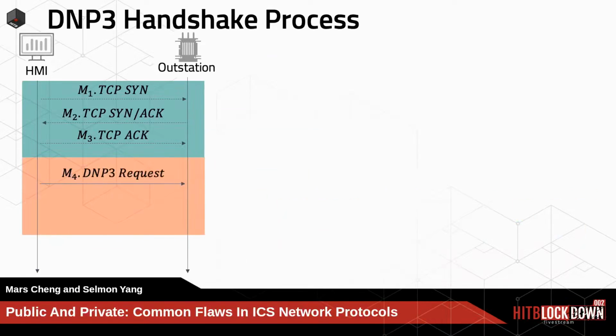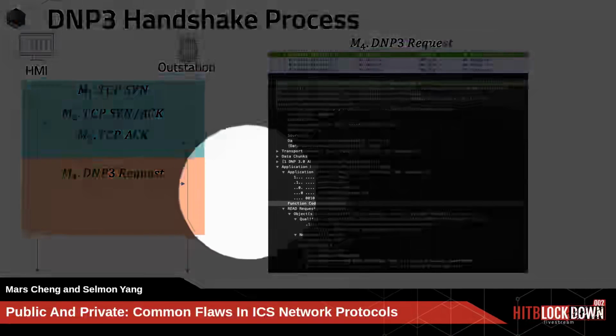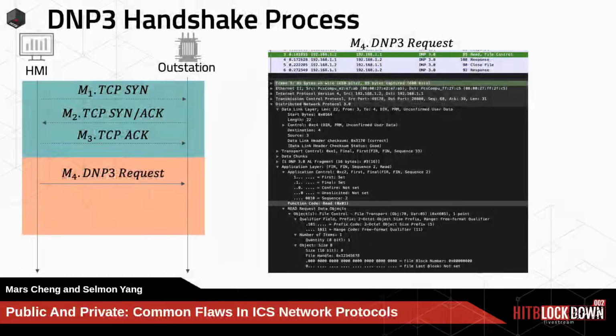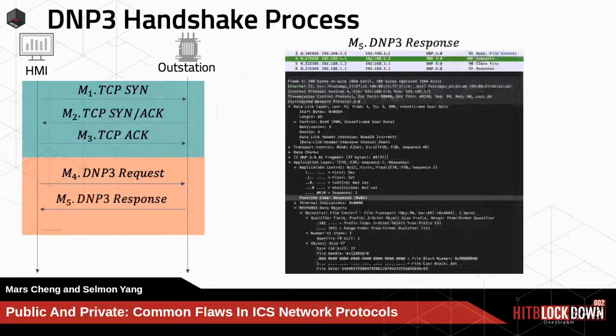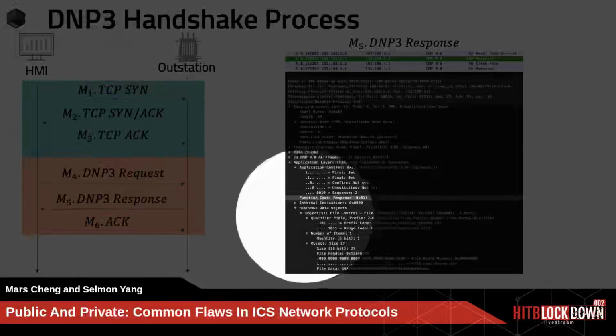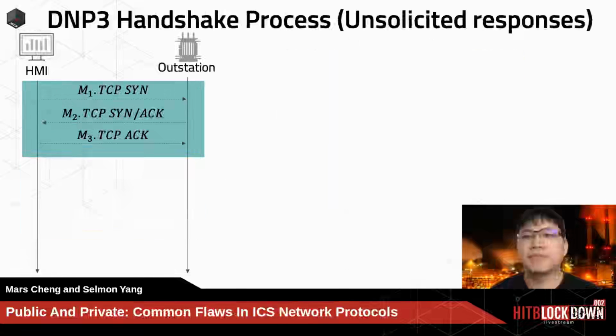In this example, we want to read the content of a file. So here you will see our function code is read. Also, DNP3 has many types, many contents, many bytes, many fields, and we need to look into them if we want to perform kinds of attack. And you can see the actual response is not encrypted. So the response is plain text in this protocol for the power industry.